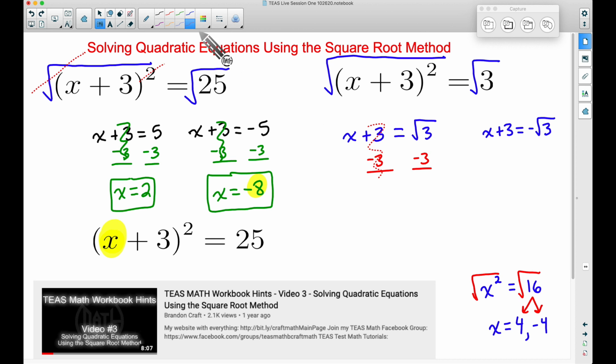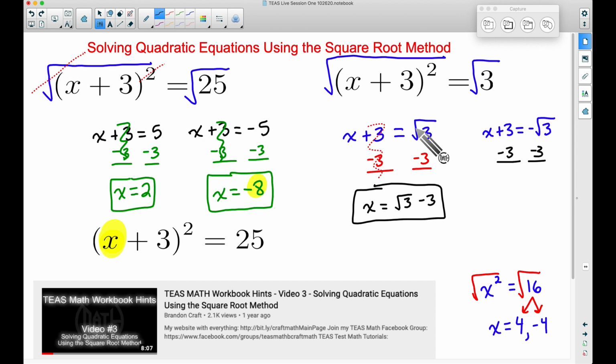They cancel out. And you may say, okay, how in the world do I do this? There's nothing that you can really do here. The only thing we can say is, all right, square root of 3 minus 3. You cannot combine these together. And that's a whole other subject in and of itself, working with radicals correctly. But this is as simplified as we can make that answer. Now, very similar for this one, if we subtract 3 from both sides, again, the 3's cancel out. So we're going to have x equals, we cannot combine this into one term, so I'm just going to write negative square root of 3 minus 3. These are our two answers for this second example.